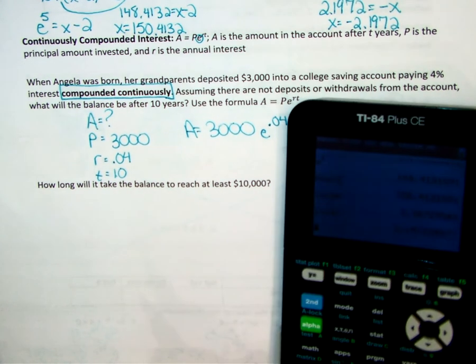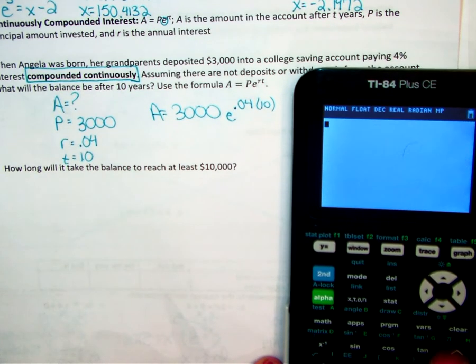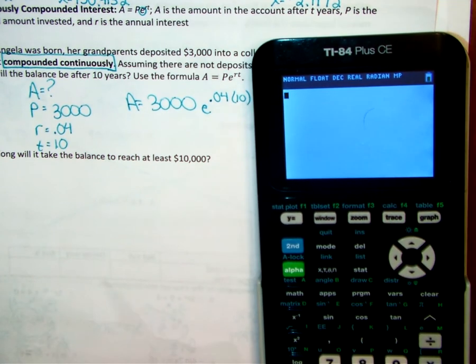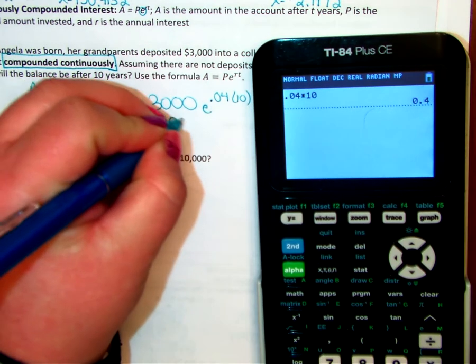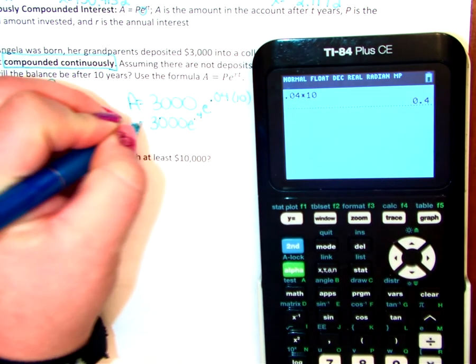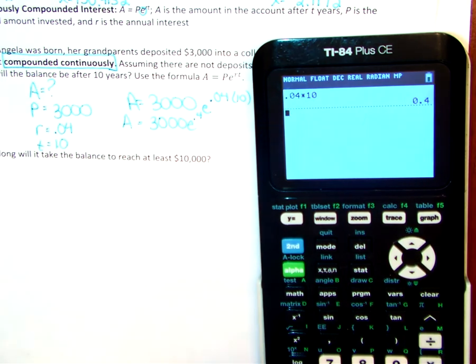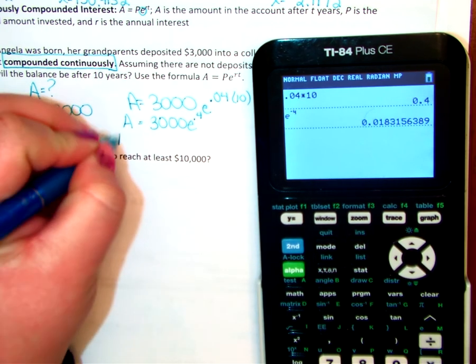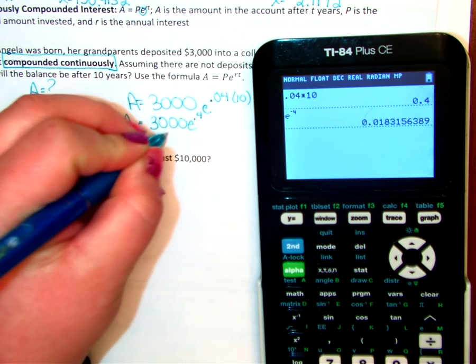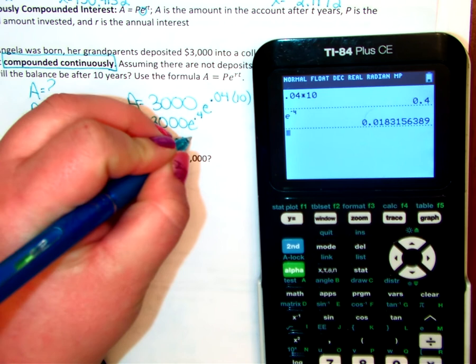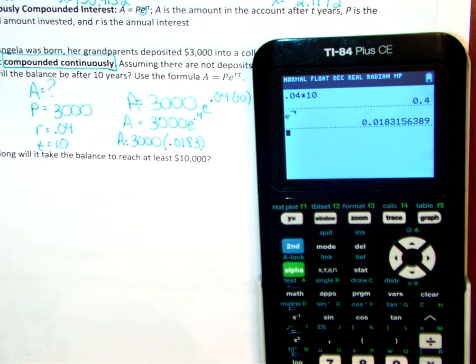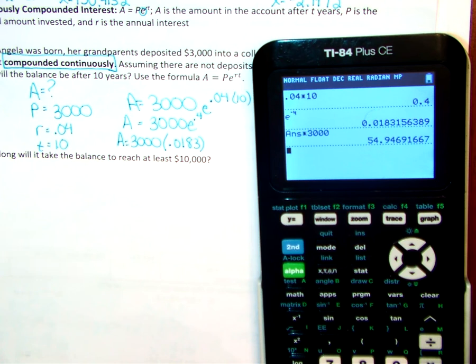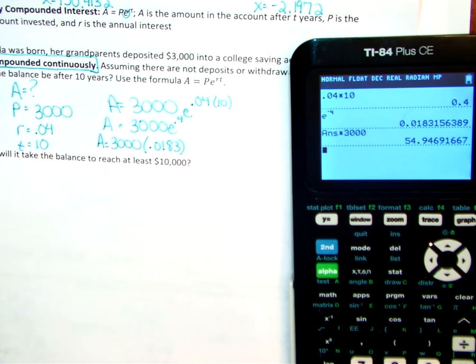I can type that all into my calculator all at once, or I can do it piece by piece. I'm going to choose to do it piece by piece for you so that you have an option. 0.04 times 10 gives me 0.4. Then I would need to do the exponent next, so e to the 0.4 power. Second natural log, 0.4. And then I need to multiply that by 3,000. So my final answer